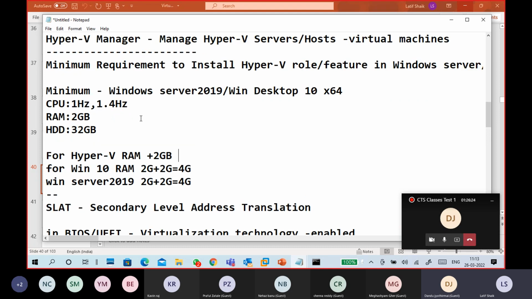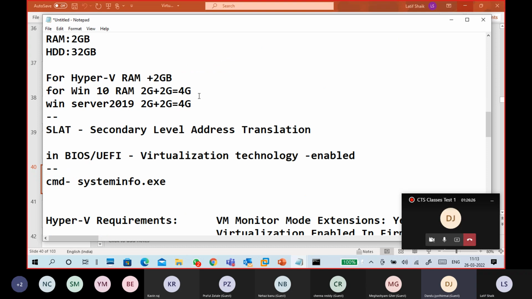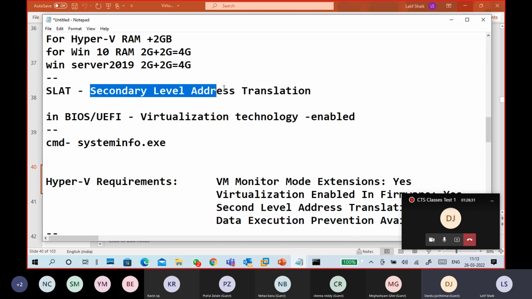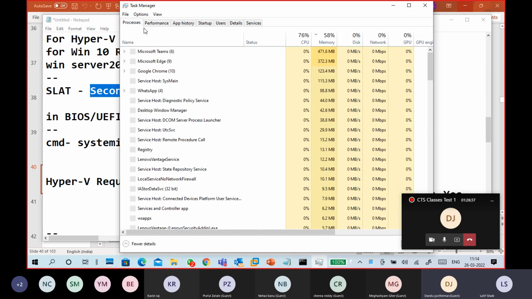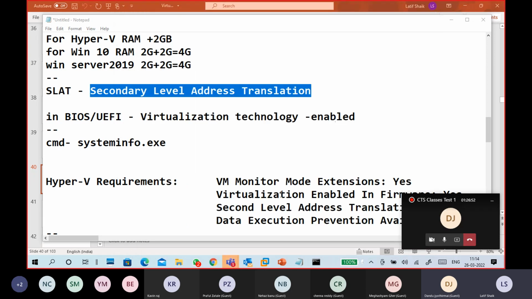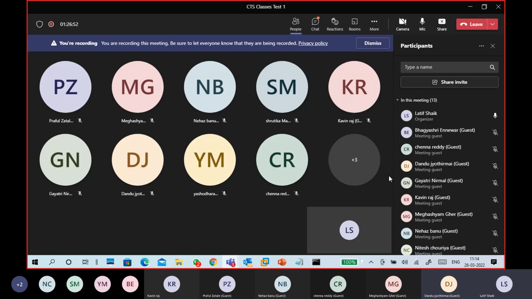You can see 4 GB RAM minimum requirement. Secondary address translation is required, and you can also check that in your task manager. We know this one, just for recollection purposes. Click on CPU, go to virtualization, and check that it is enabled. Meaning your virtualization is enabled. If it is not enabled, go to